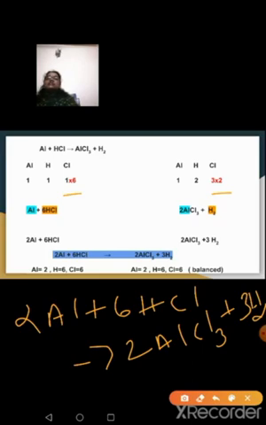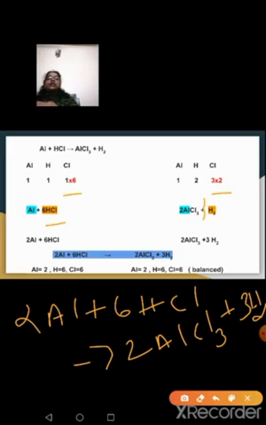It is existing with hydrogen in the form of hydrochloric acid. So my hydrogen is also becoming 6. On this side I can make the hydrogen 6 by putting a 3 there, right? If I put a 3 here, 3 2s are 6, so hydrogen is becoming 6. So the number of atoms of chlorine and hydrogen is equal. So that 2 I cannot put here, I have to put it here.